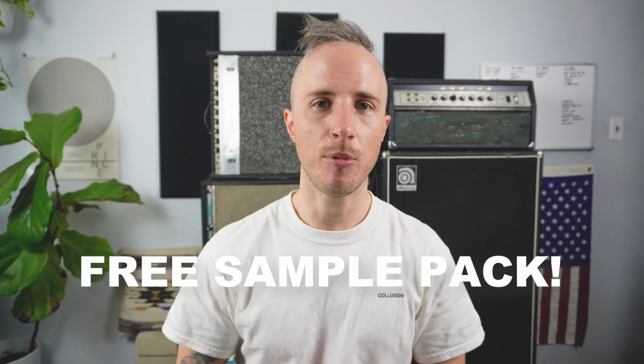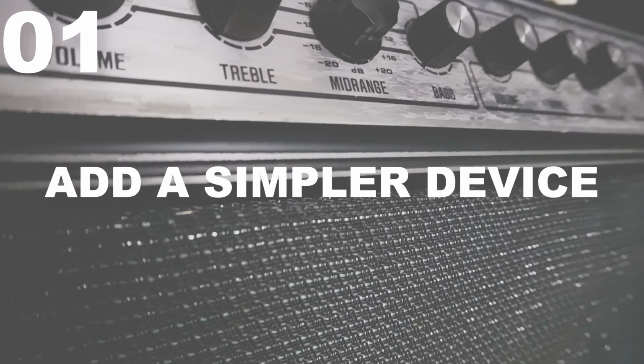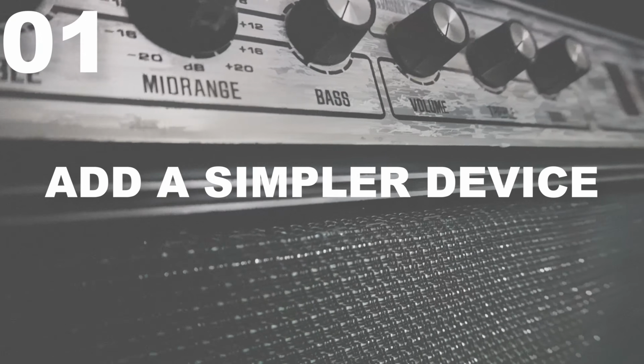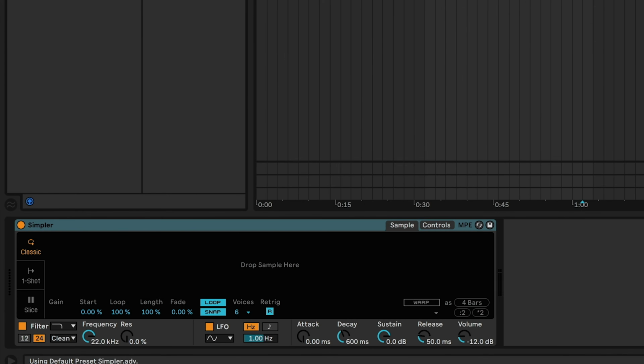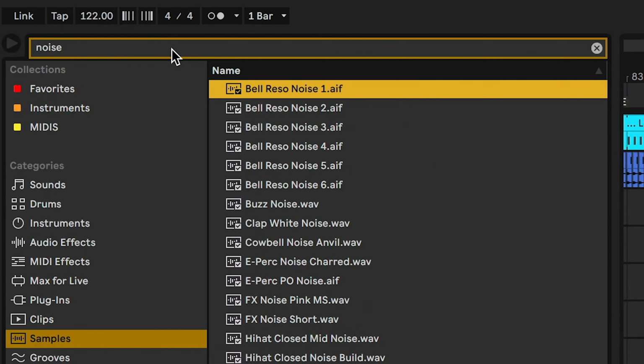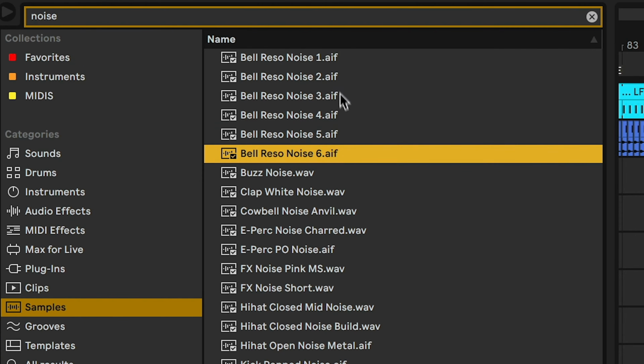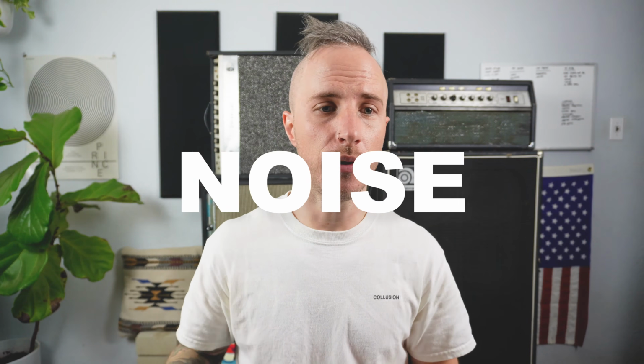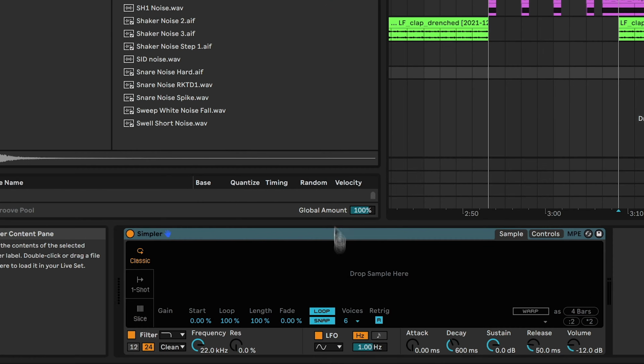Step 1, create a new instance of Simpler. Now we just need to find a noise sample. So I like going in the browser and just searching the word noise. If nothing pops up, that's totally fine. You can download my noise samples, and in a second, I'll show you how to generate your own noise as well. I like the way this bell reso noise number 6 sounds, so we're just gonna drag it into the